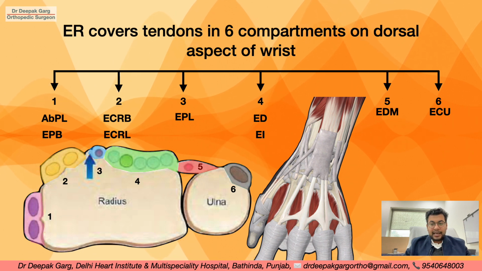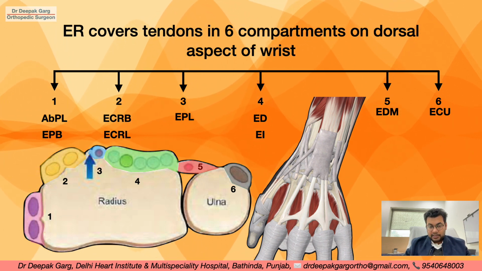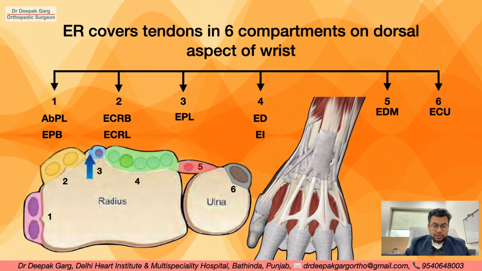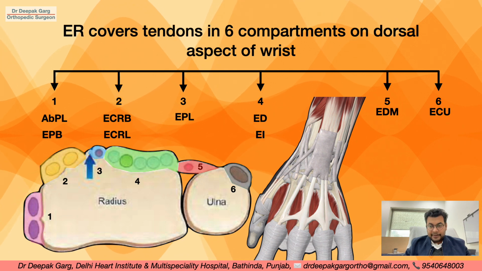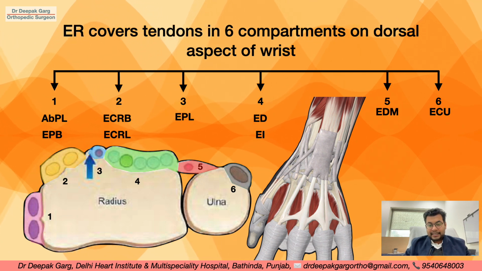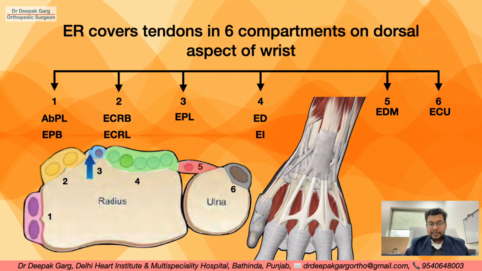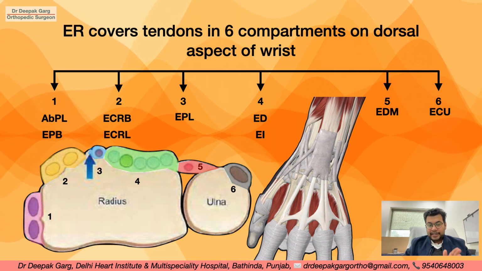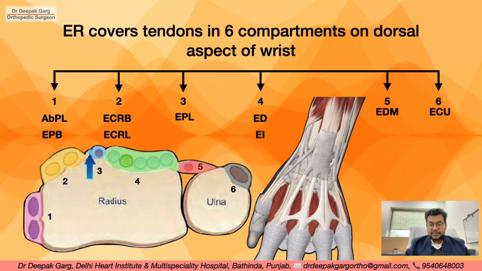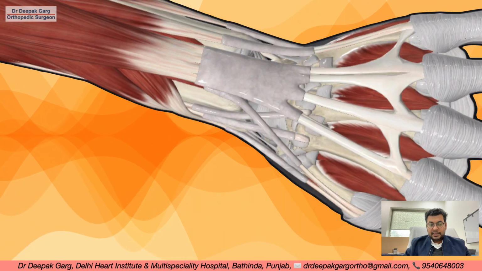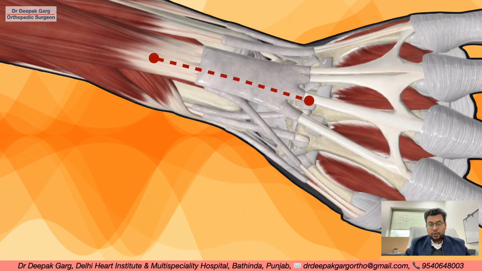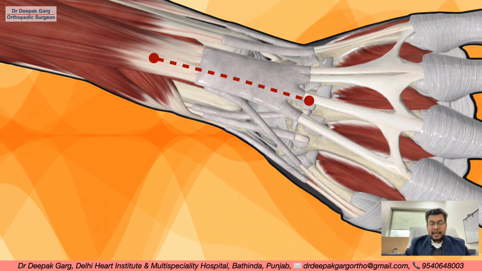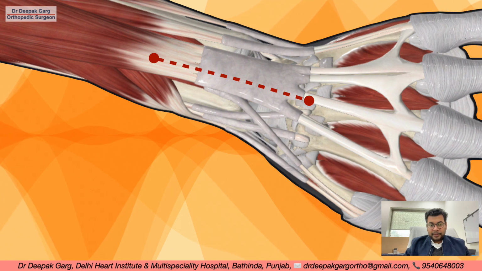When we take this approach, we need to identify the compartments so that we can identify the tendons. There are multiple ways of identifying the compartments. One is to palpate the Lister tubercle; radial to it will be compartment number 2, that means the tendons of extensor carpi radialis longus and brevis, and ulnar to it will be the tendon of extensor pollicis longus, that means compartment number 3. Or, in the middle of the forearm, this is the longest and thickest tendon. This is compartment number 4, and this is the tendon of extensor digitorum. It contains other tendons as well.